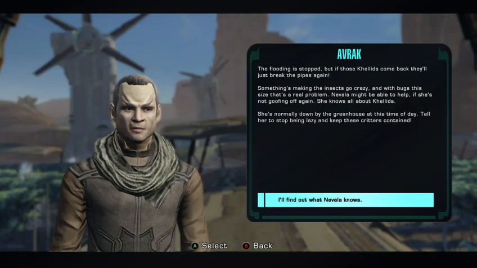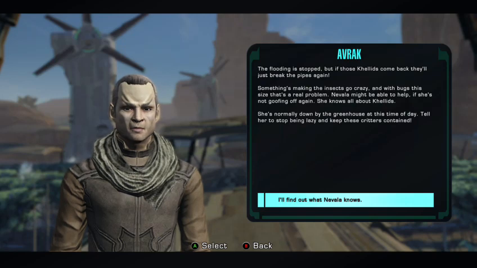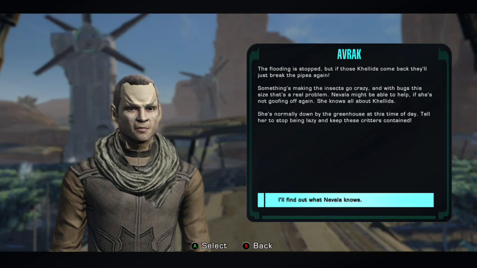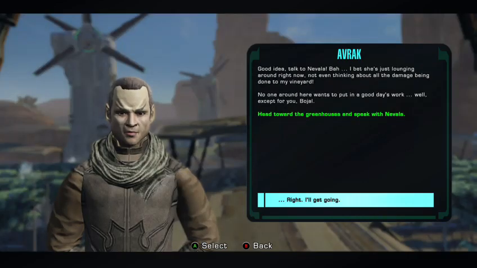Flooding stopped, but if those Kellets come back, they'll just break the pipes again. Something's making the insects go crazy. She knows all about Kellets. She's normally by the greenhouse this time. Tell her to stop being lazy and keep these critters contained. Good idea. Talk to Navala. I bet she's just lounging around right now, not even thinking about all the damage being done to my vineyard. No one around here wants to put in a good day's work. Well, except...